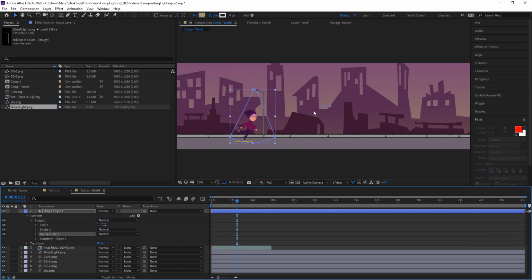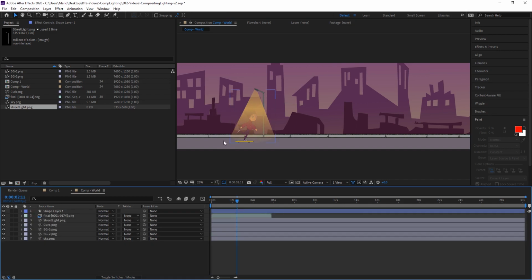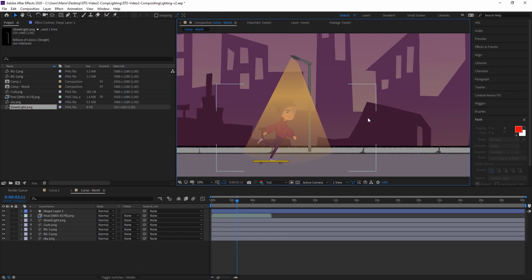And here's my gradient control over here. See that? You only see it when you're selecting, when you click on the shape or on the gradient itself. And then you could pull these into place and this will be your control for your gradients. So that's what's going to give us our highlights. Now, it's pretty ugly right now,